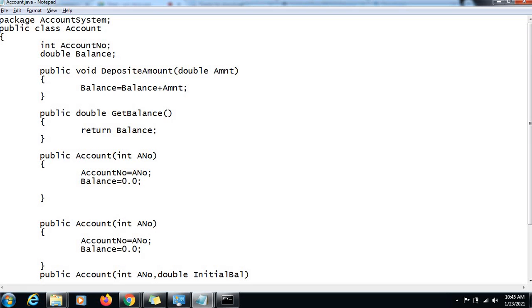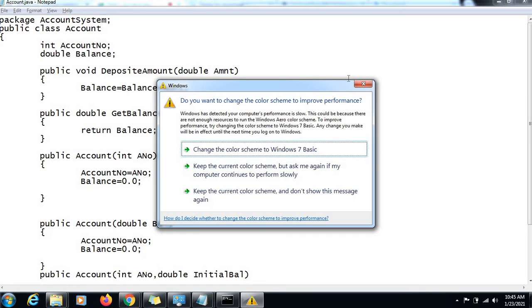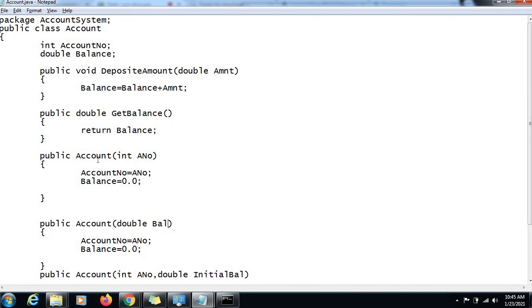Right, so let's say the bank wants to add one more way, where you just define the initial balance. You just send the initial balance. Account number we will give you of our own choice. If you don't want the account number of your choice, that's fine. And if you want the bank to choose the account number for you, we are fine with that. So the bank has given three choices to the end customers. One choice is to choose their own account number where the balance would be 0.